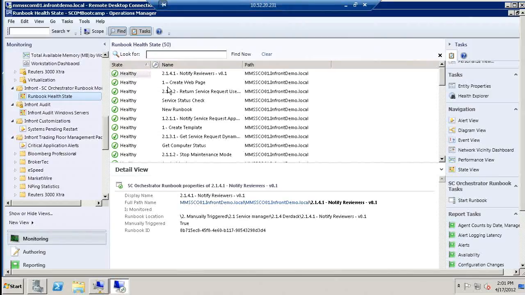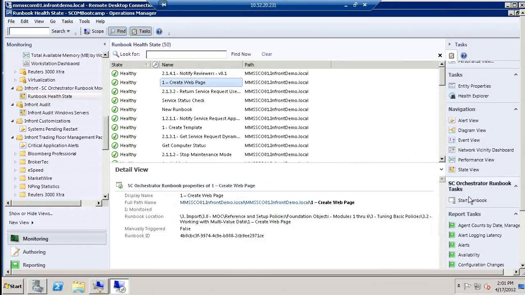discovered the different properties. Now I've changed the discovery intervals, which are typically a little longer than every 60 seconds, or typically once a day. And we've forced a discovery here so that you can see those. But by selecting any one of these, we could go about then executing that runbook by clicking on Start Runbook